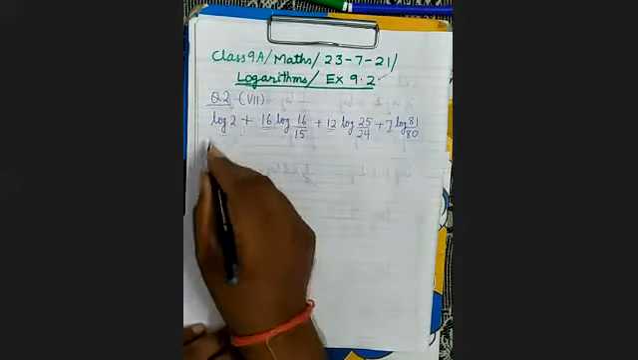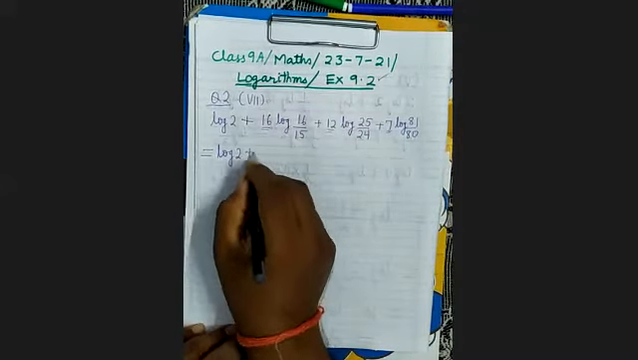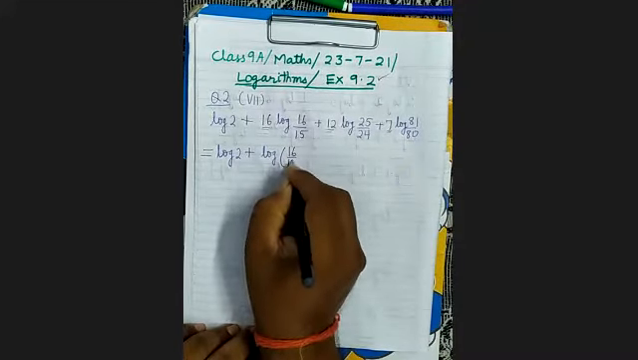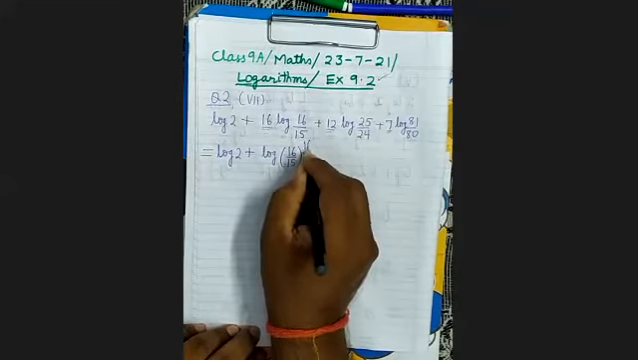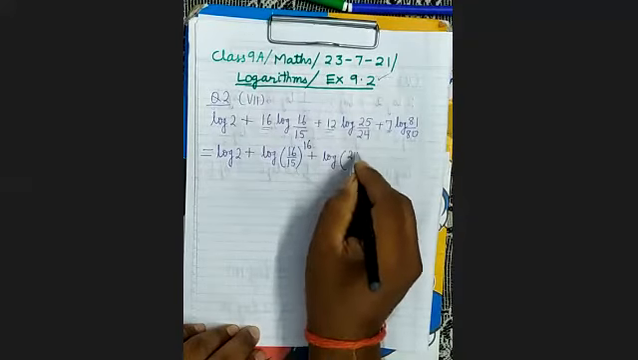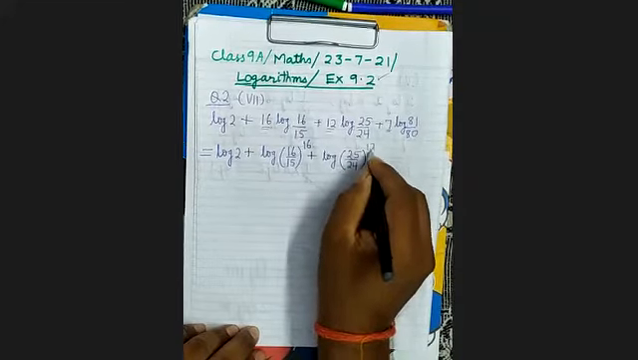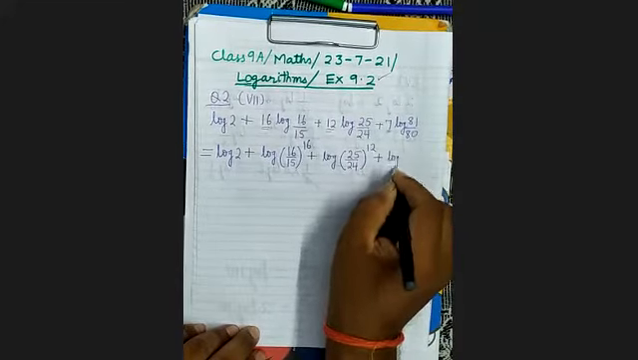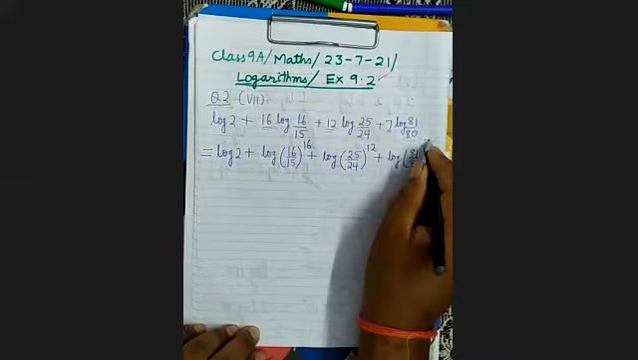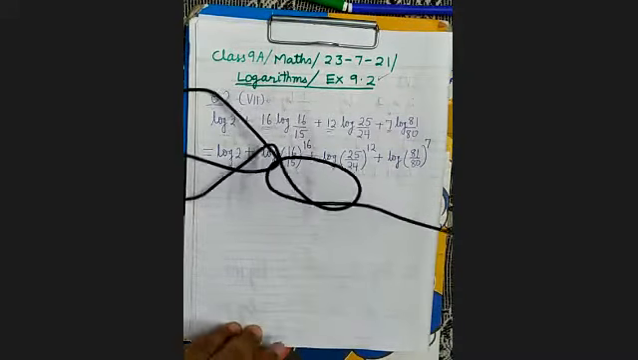So see here, when you write it in the second step, it will be log 2 plus log (16 upon 15) whole to the power 16 plus log (25 upon 24) whole to the power 12 plus log (81 upon 80) whole to the power 7. Now if you see here, you will find that